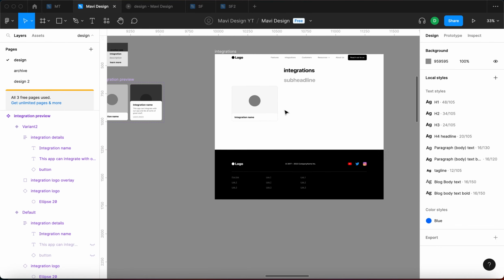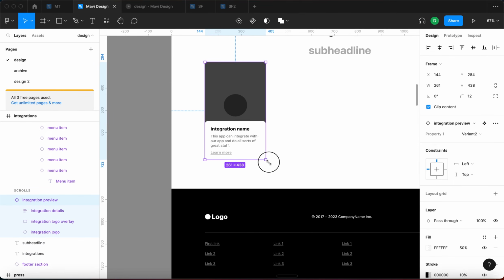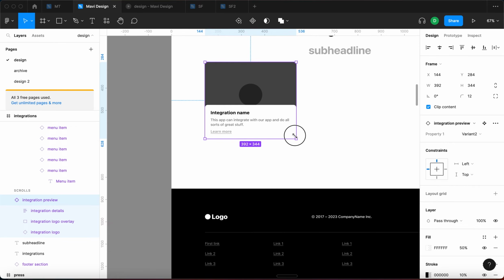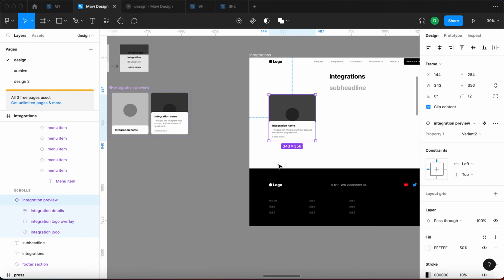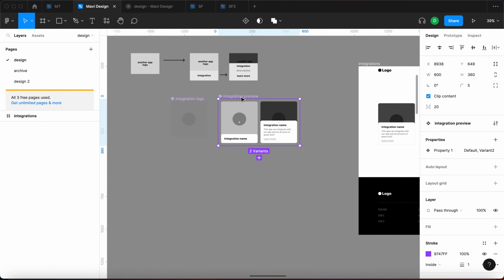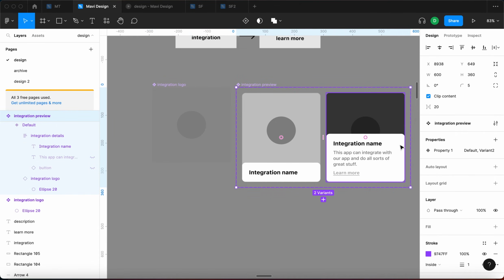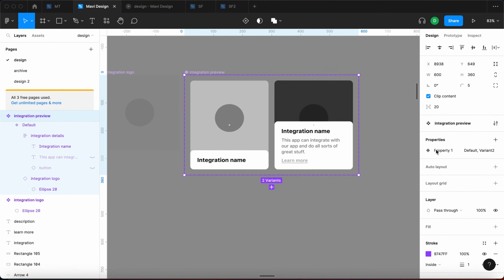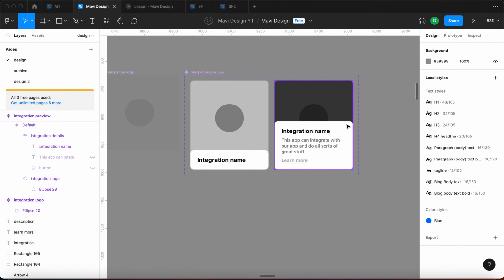Basically what we got here is when I change the state to hover, it's also still responsive, including the overlay. Okay, so that's what we built. This is great. So let me just again reset the changes. Let me also do some naming audits very quick. So under properties in the integration preview, I'm going to change the property name to state, and we're going to have default and hover. Okay, so this is the default state, this is the hover state,